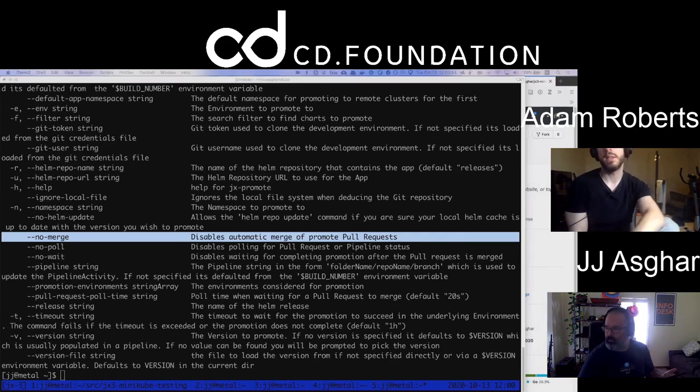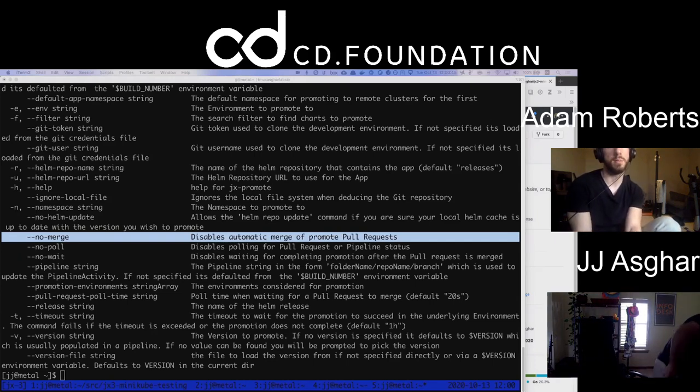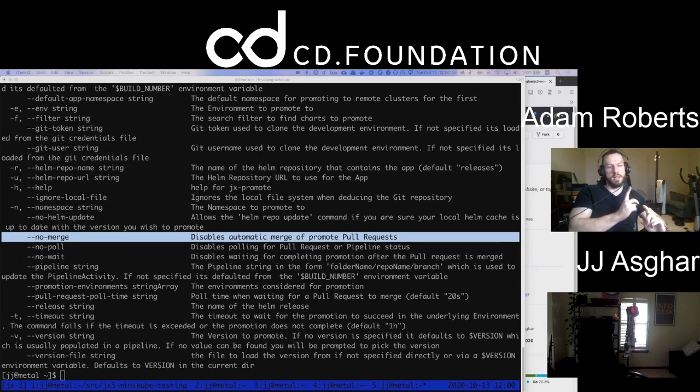Okay, I'll just talk. What I'm guessing, folks, is that you'd have to set up a new environment, perhaps. So you might have jx-staging, jx-production, jx-real-production, and what we could do next is run the jx promote command, but maybe give it the no-merge option, and then that'll create the pull request. We won't merge it yet, obviously, and I think then we could potentially use jx preview.